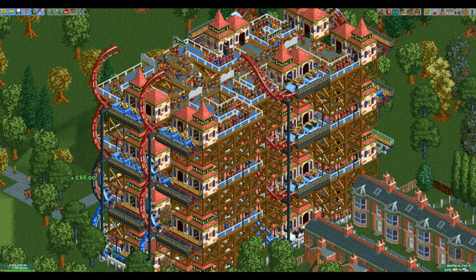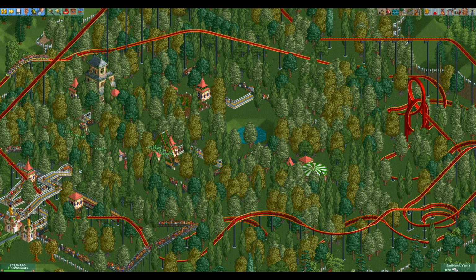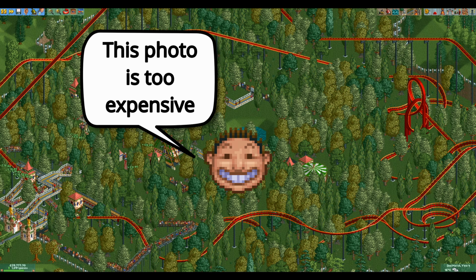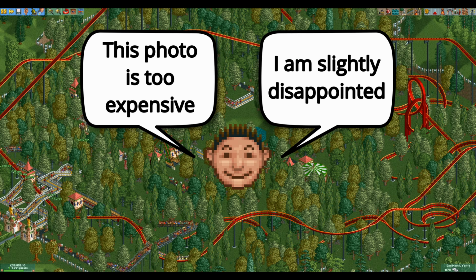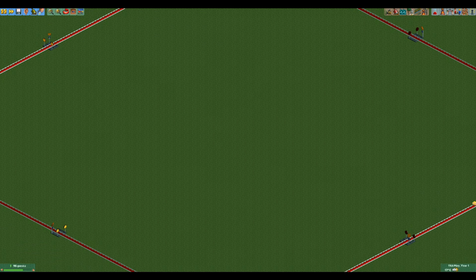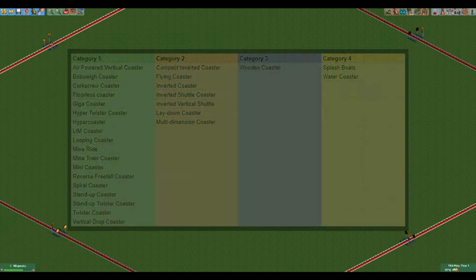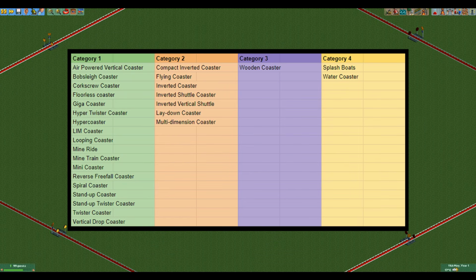There are also other factors at play. One factor in favor of lower prices is that guests become slightly less happy if they want to buy an item but it's too expensive. A factor that's in favor of higher prices is that guests can only have 1 on-ride photo per category on them. There are 4 different categories, and if a guest has bought a photo from a ride in a certain category, they won't be able to buy another one that's in the same category. If you increase the prices, it makes sure that when a guest does buy a photo, they pay the highest